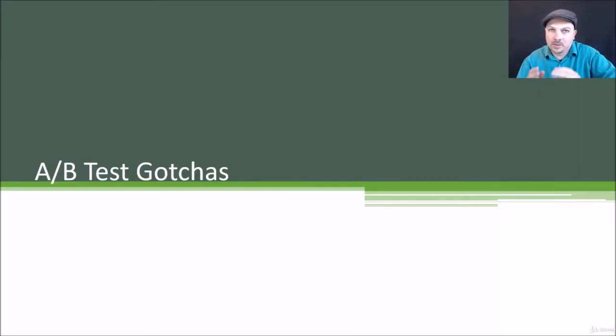An important point I want to make is that the results of an A-B test, even when you measure them in a principled manner using p-values, is not gospel. There are many effects that can actually skew the results of your experiment and cause you to make the wrong decision. So let's go through a few of those and let you know how to watch out for them. So let's talk about some gotchas with A-B tests.